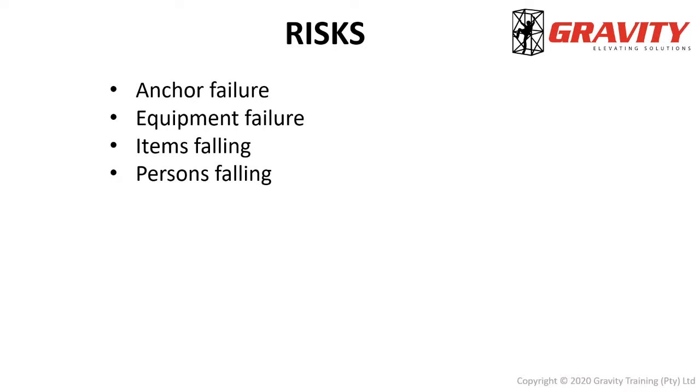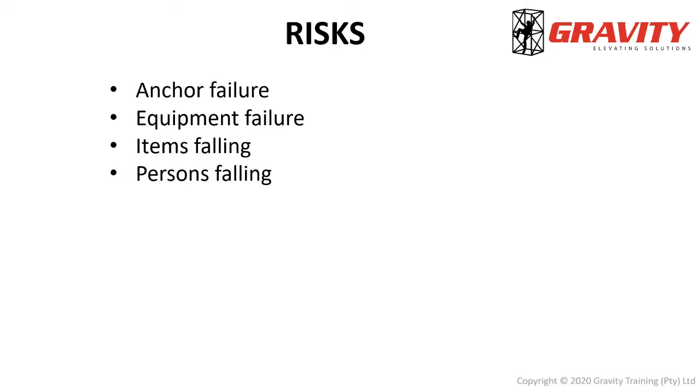Then, as we saw with the TSP guys with that improvised deadweight anchor on the rooftop, it can lead to items falling. So if the anchor fails, or if your equipment fails, even if you don't fall, the equipment around you may fall. So the TSP could fall, or if one side of that collapsed, all the paint buckets and tools and stuff can fall off that TSP, for example, which can cause injury to other workers below you, or indeed